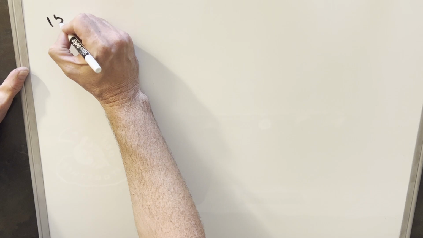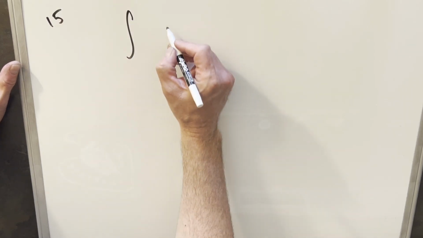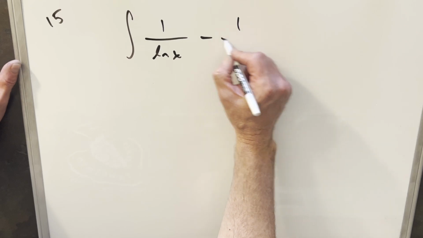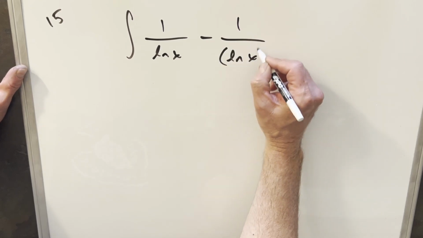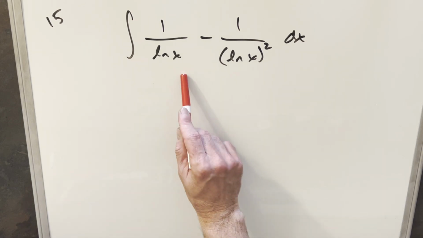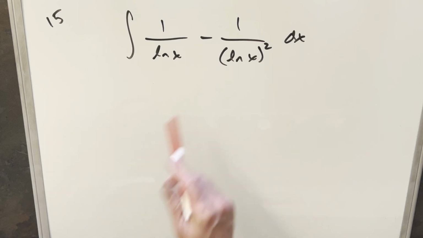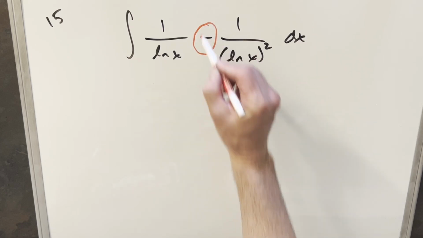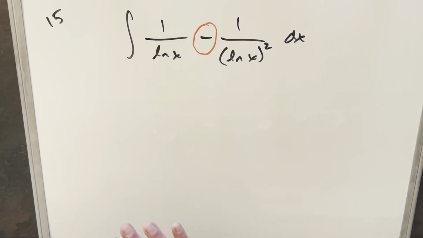Okay, so what we have here for 15 is we're going to have the integral of 1 over ln x minus 1 over ln x all squared. The interesting thing here, when I was first looking at it, I mean, of course you could, well, I don't know what would happen if you broke into two integrals. That might not be that fun. So let's not talk about that. Let's push that aside. But the minus sign, it makes you think of the,